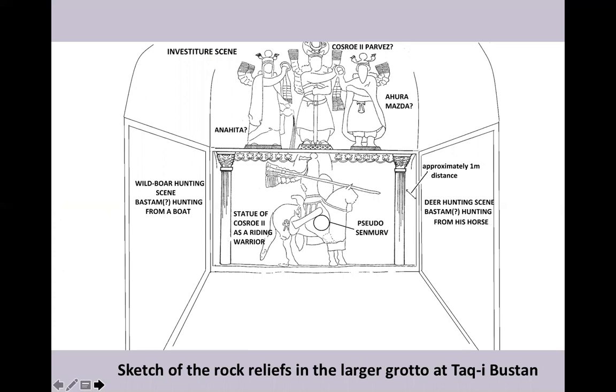It's a circle with stylized ribbons attached. It's practically the ring with ribbons that Ahura Mazda and Anahita are giving to Khosrow on the